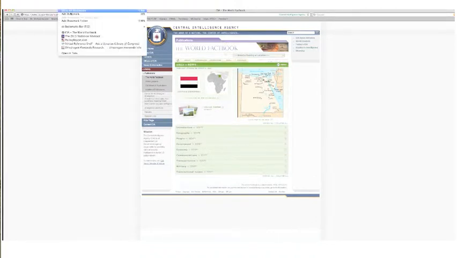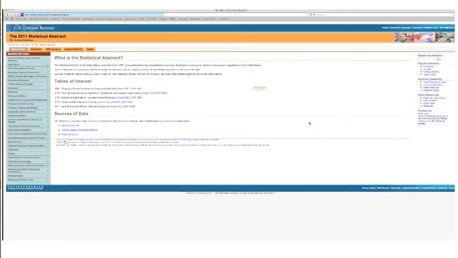You may also want to check out the Statistical Abstracts of the United States. This is run by the U.S. Census Bureau, and it includes every statistic that the government keeps through the census on everybody all the way back to the beginning of time, or at least the keeping of data. These are the various categories of information you have.